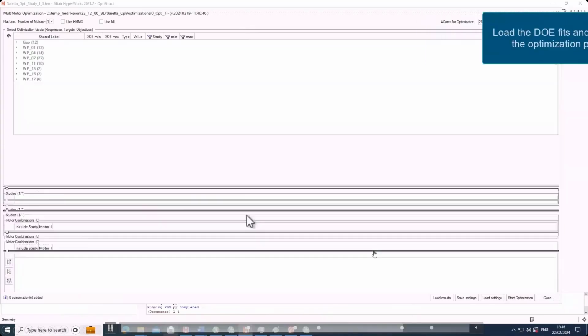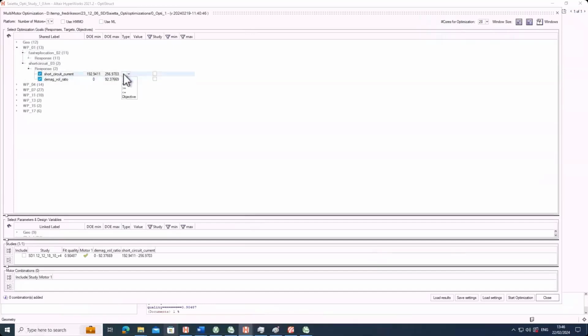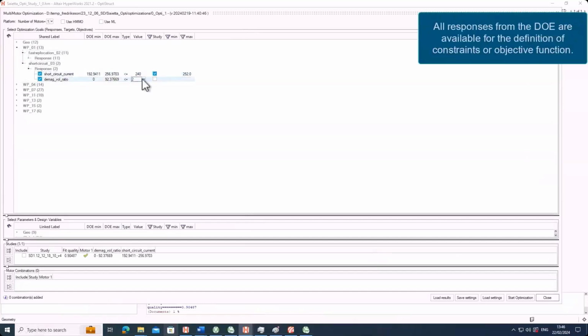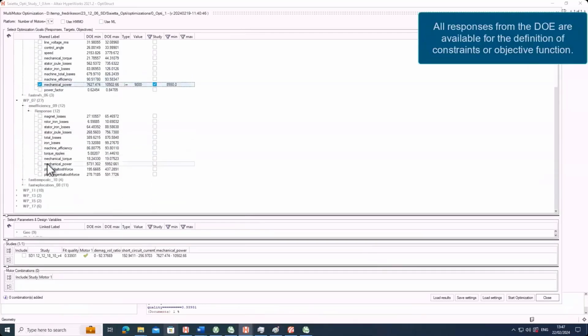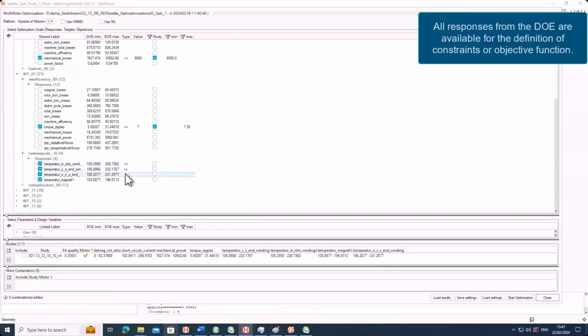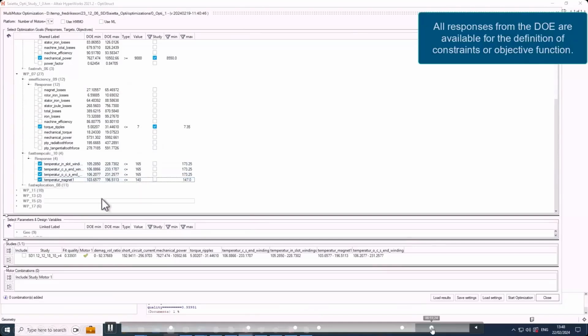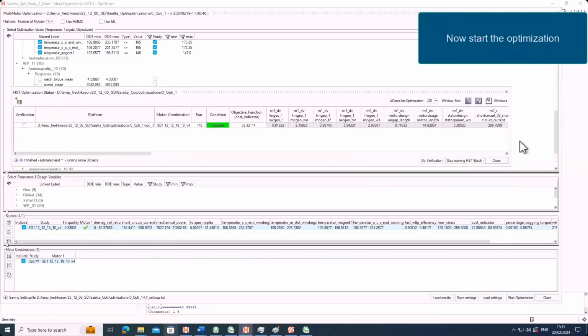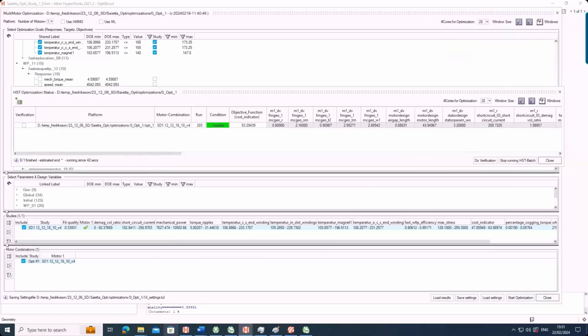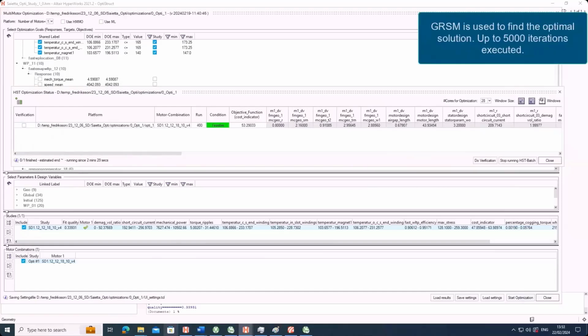Once this is done, you have your DOEs executed, you have your response surfaces that are available, and then you can define your optimization. So what I had in my PPT, now I'm entering all those values inside the software, inputting the constraints and also defining the objective function. Once this is done, you just need to let the optimization go, and you will be proposed the best solution, the best feasible solution it has been able to find